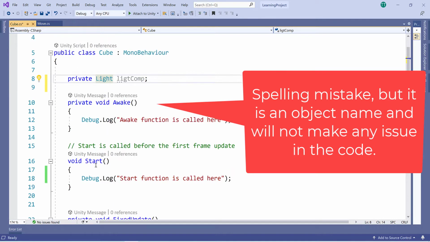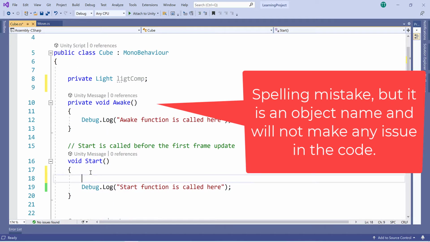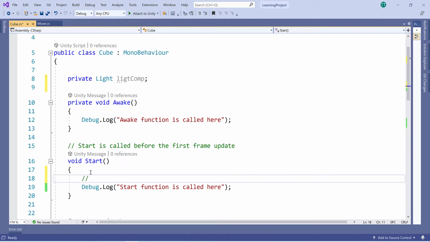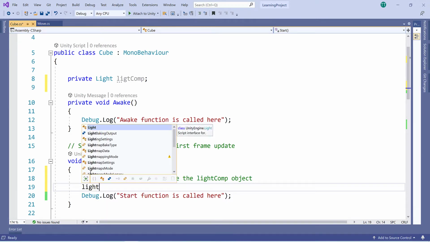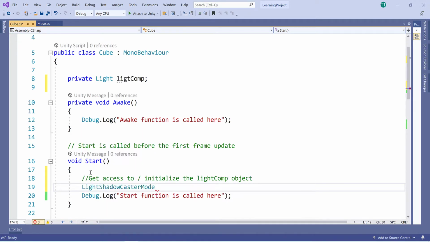So we will go to the Start function. Here we initialize the light component object. How to initialize this light component? It's very simple. Simply type lightComp